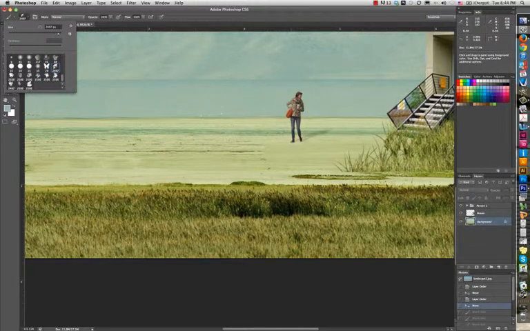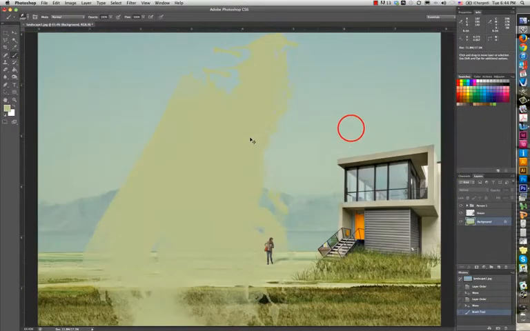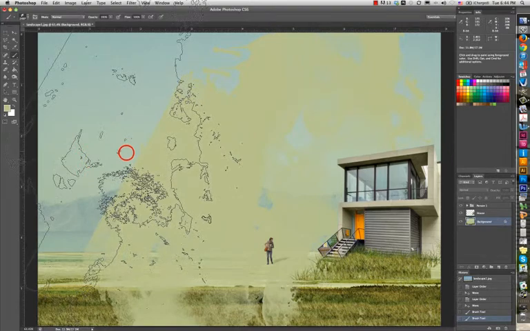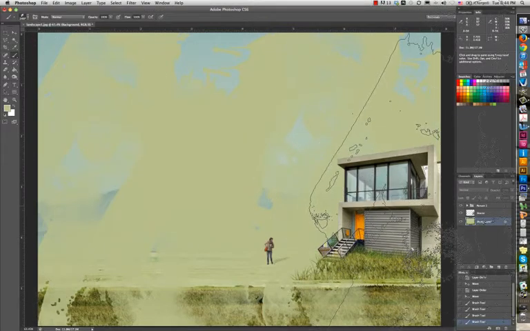At a higher size, when I use these, they're kind of making watercolor marks over the page, which could be interesting, right? Depending on the effect that you're going after. In this particular drawing, it probably doesn't make a lot of sense, but